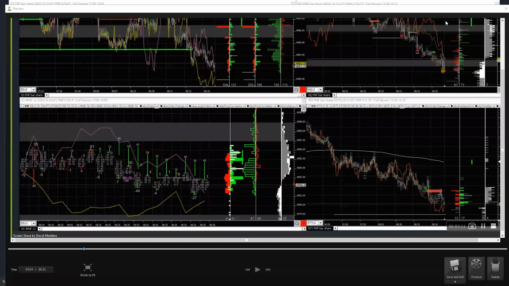We are going to talk about how to find a low. What are some things you need to find a low or a bottom? It's not this. You need the too many longs, which is represented by this green, to turn to too many shorts. And so if I play this, fast forward it,